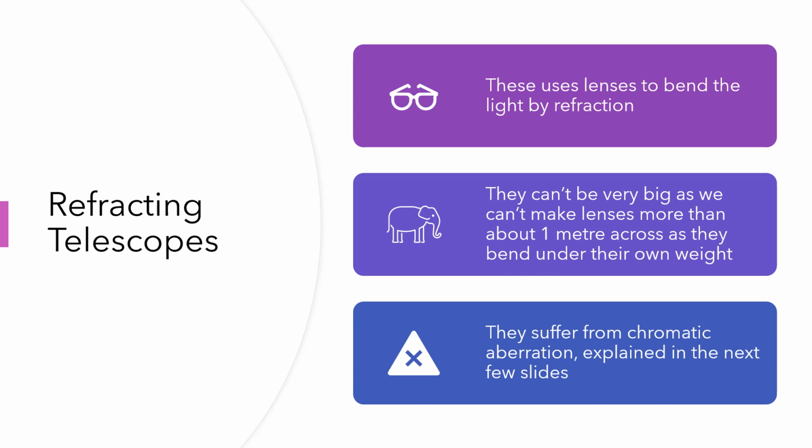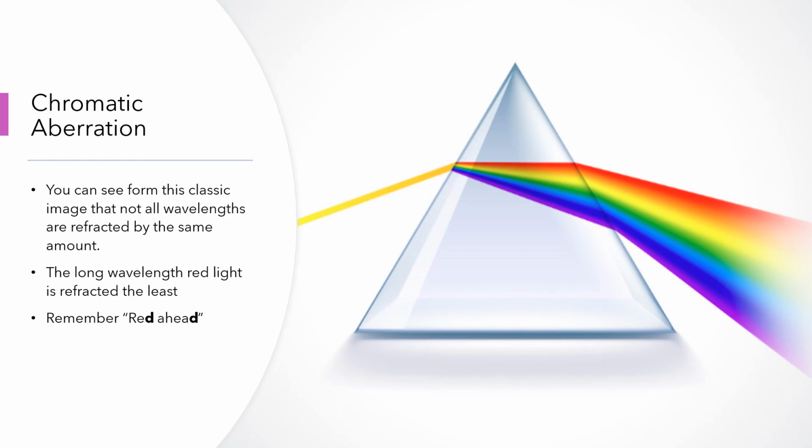And they also suffer from something called chromatic aberration, which you won't have heard of. We're going to investigate that now. So hopefully you'll have seen this image before, be aware of this phenomenon called dispersion, where not all the wavelengths of light are bent by the same amount. And you can see very clearly in this picture, I found loads on the internet that were wrong, but this one is right, showing that red light, the longest wavelength light, is bent less than the blue light, which is